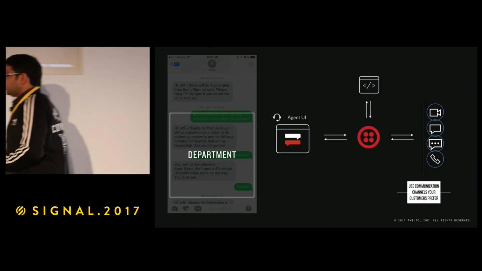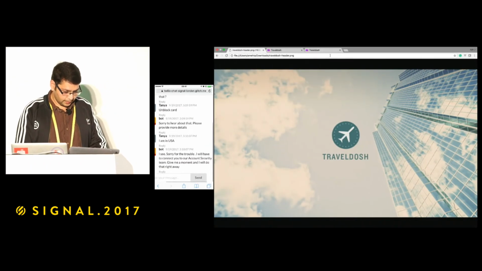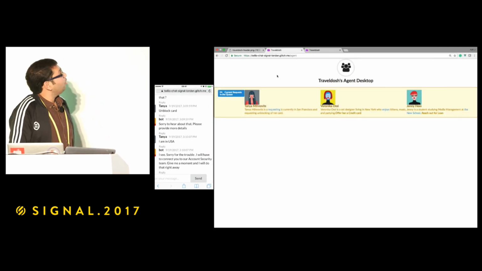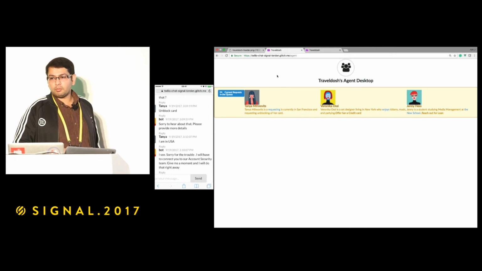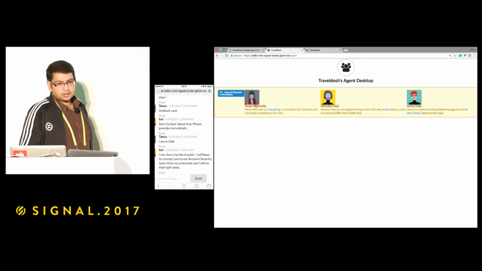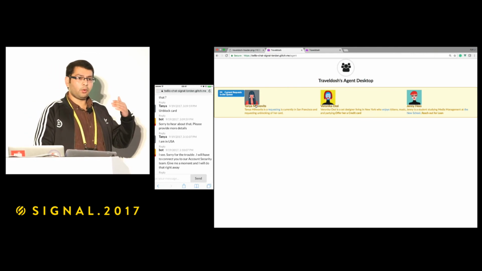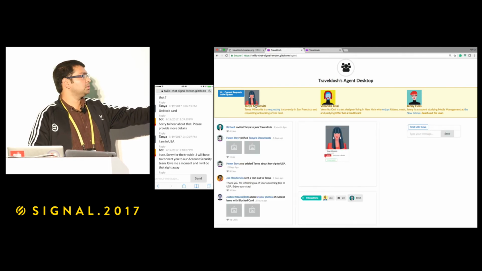So I'm hoping by this time we have customer support available. Let's see. Didn't take 4 hours this time. Yeah, we prepared it, didn't we? All right. So there is a customer support agent available. What you see in front of you is a very simple mock-up of what an agent UI can look like. So this is TravelDOS's agent desktop, and you've got 3 chats waiting in the queue. Before I click on that, I want to highlight what the system did when the bot said I'll transfer you: it has webhooked into the application, which has now pulled out some bit of information.